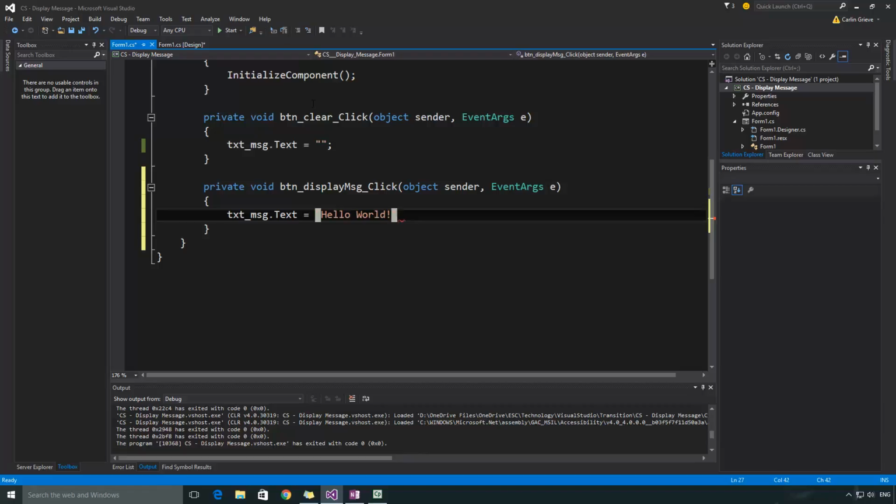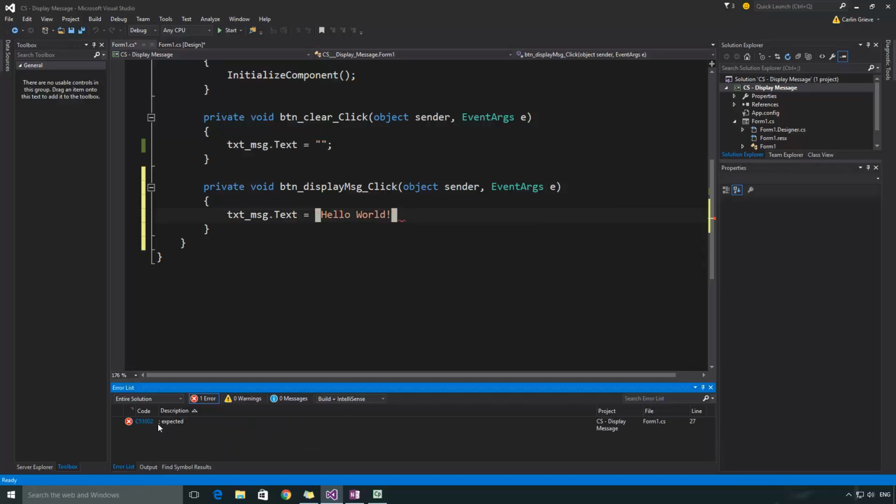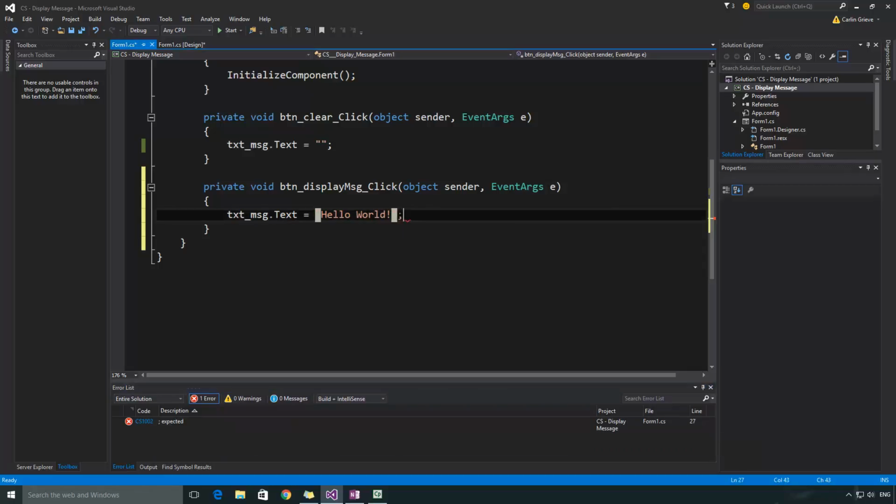And finally, you'll notice I'm getting a little error on the side, and you can easily jump down to the error list, and it's a semicolon is expected. So I'm going to come up and place my semicolon in. So it is pretty good at telling you, Visual Studio Community at least. Again, I'm going to save,